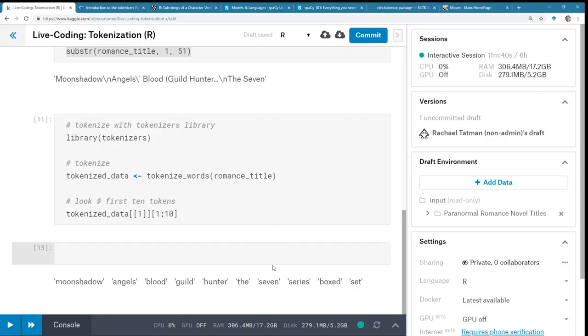So another thing to notice is that these are all lowercase. In our Python code, case was not removed for us, and punctuation was not removed for us. In this case, it is. So remember that in the NLTK tokenizer, we actually had each punctuation mark being a separate token. And in this tokenizer's tokenization, each punctuation mark is completely removed, and also everything is made lowercase.